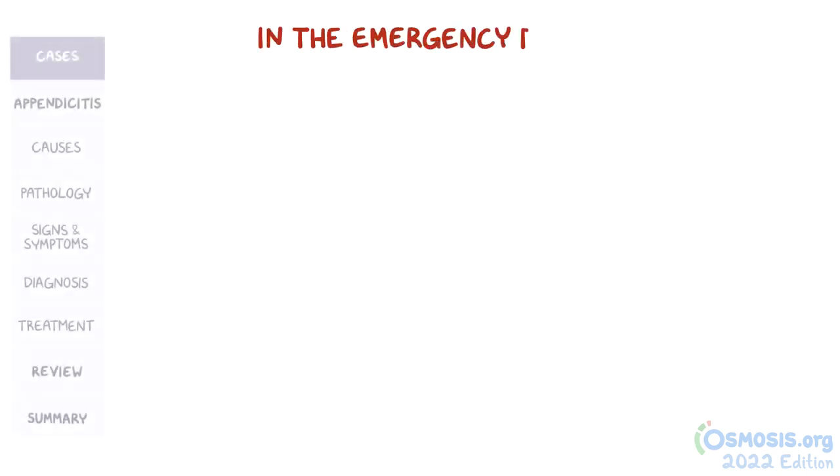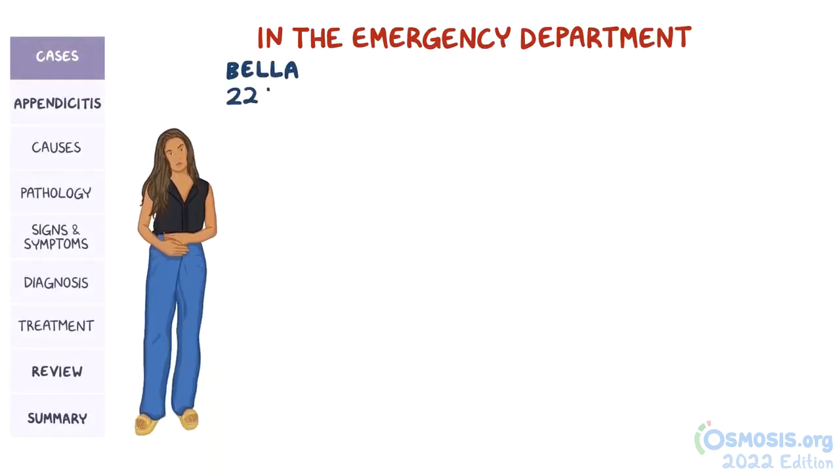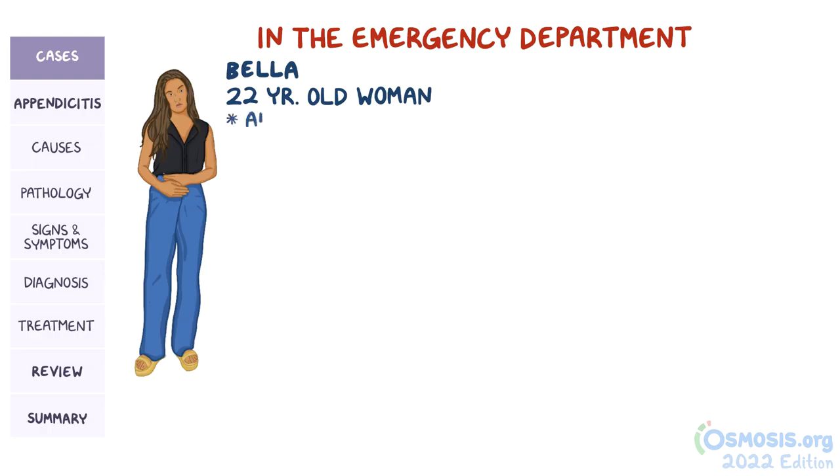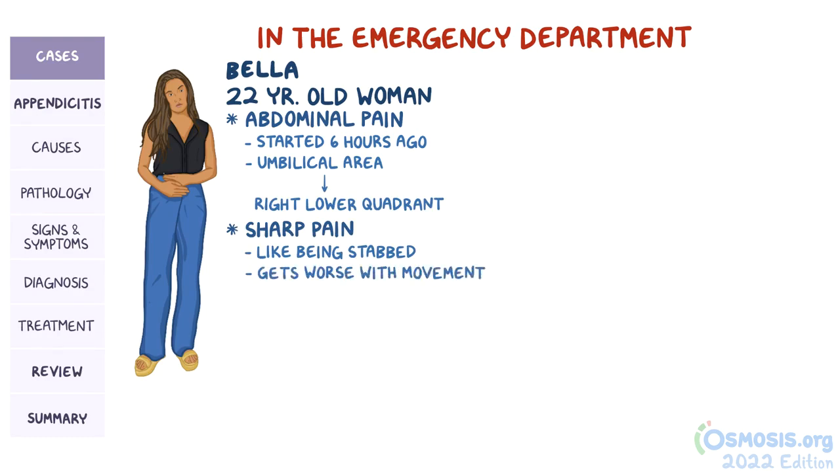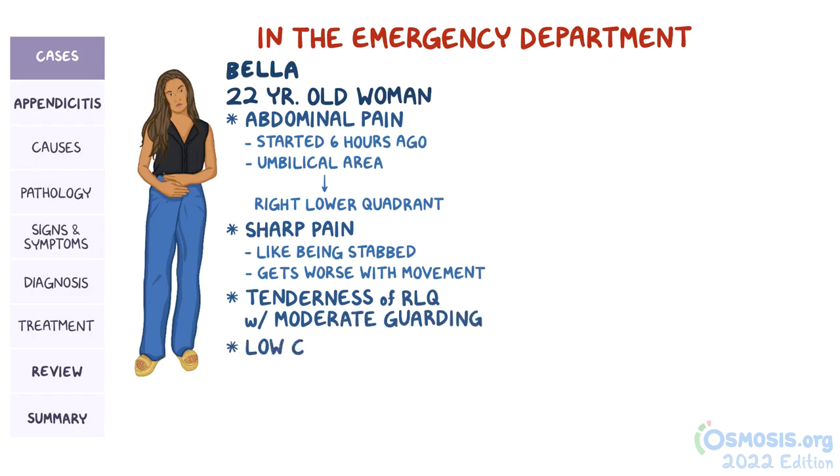While in the emergency department, Bella, a 22-year-old woman, presents with abdominal pain that started 6 hours ago. The pain was initially located around the umbilical area, but it has migrated to the right lower quadrant in the past few hours. The pain is sharp, like being stabbed with a knife, and it gets worse with movement. A physical examination showed tenderness of the right lower quadrant, with moderate guarding and a low-grade fever of 100.4 degrees